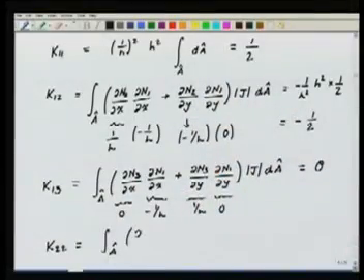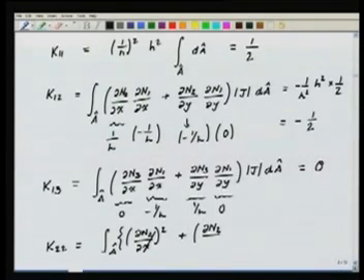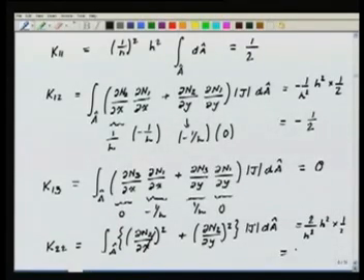Similarly, I can find K22. K22 will be the integral over a hat of del n2 del x whole squared plus del n2 del y whole squared, times the Jacobian, dA hat. Now this whole thing will become 2 by h squared, the sum, times h squared times half, which becomes 1. Okay. So if we do this exercise all the way through, then I will see that my K for element 1 is equal to